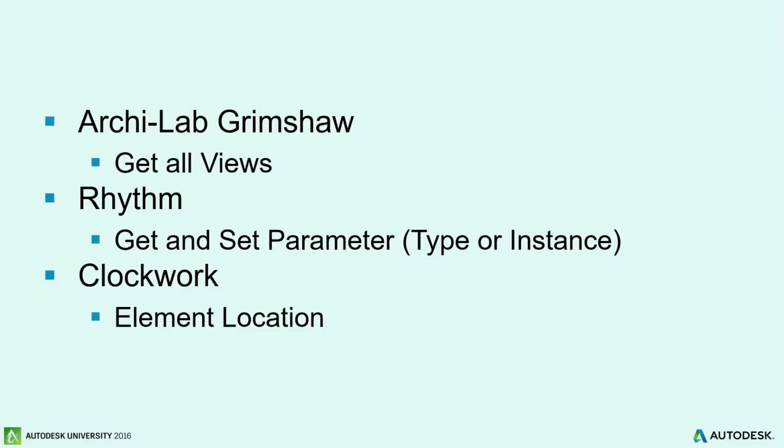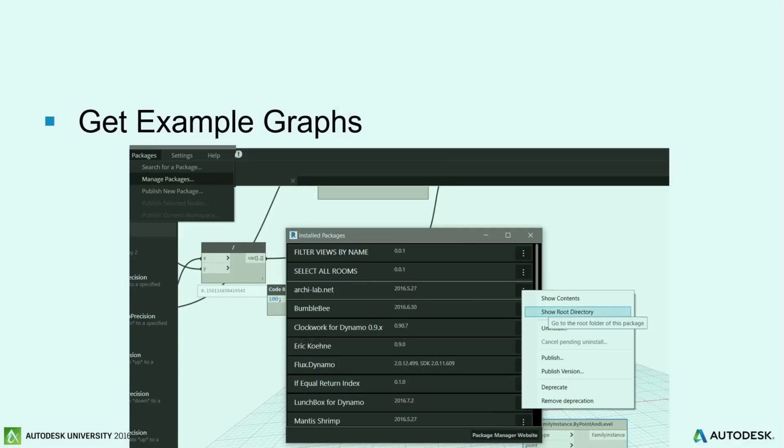Yeah. Clockwork. This is awesome. Element location. If you want to find the location of a property line, the location of a wall, and then maybe find the distance between the two, you need that. It's great. It finds the lines that the wall makes and everything. So those are great. Another handy trick is once you've got the packages, you right-click and go to show root directory on their installed packages, and it has a whole bunch of samples that you can go through and check out, and that'll help you get your